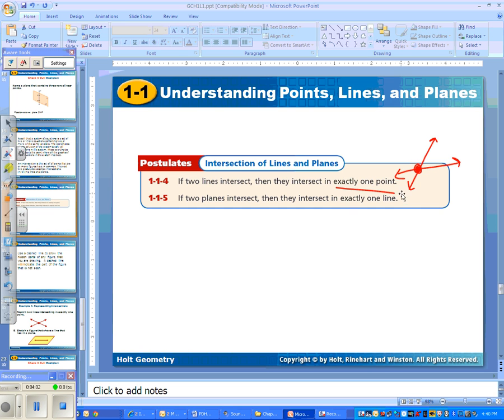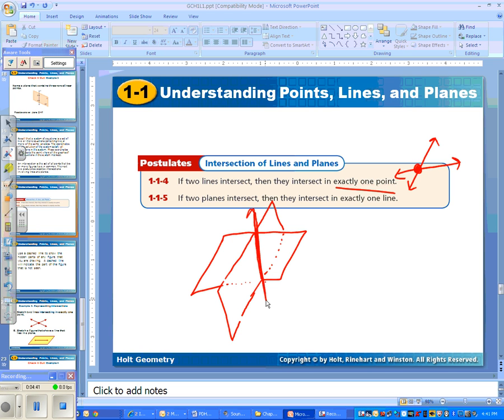So planes, this is going to be a fun one. Here is 1 plane. You get to see my awesome art skills. Here is another plane, and then, and this actually should be, erase. No, they're not going to erase for me. Perfect. Awesome. Okay. So here is my 1 piece of paper. Imagine it like 2 pieces of paper that are intersecting, okay? Where they intersect is right here. And that intersection is a line. It's not going to be a point.